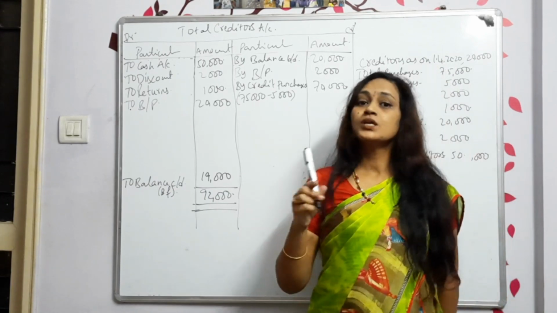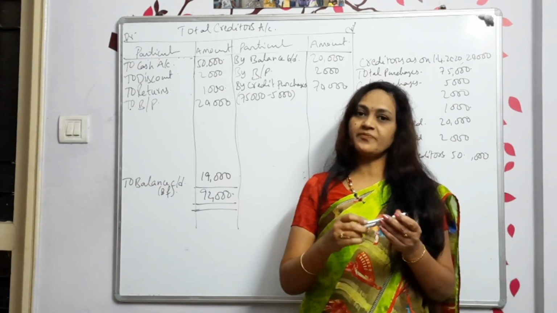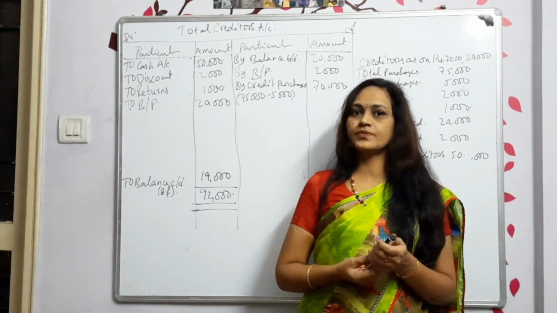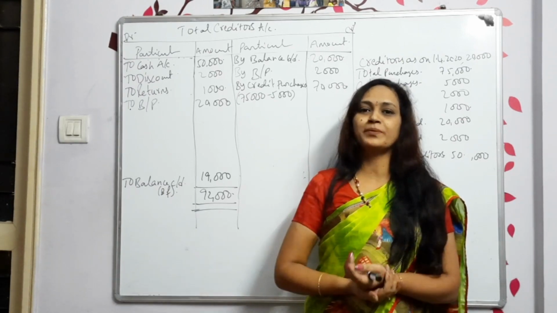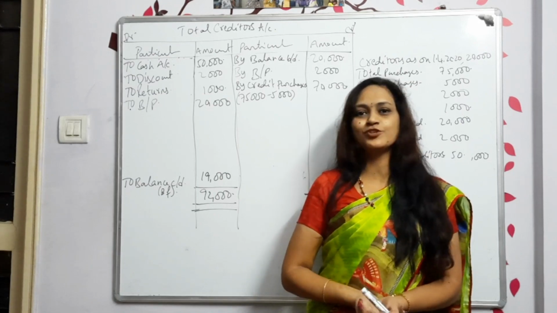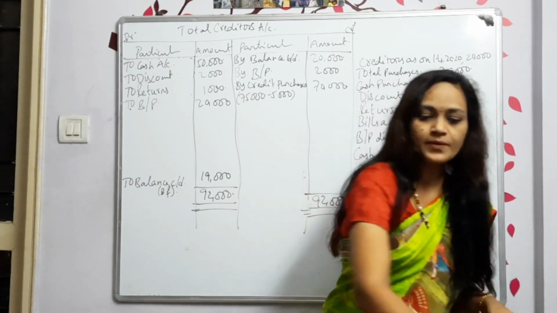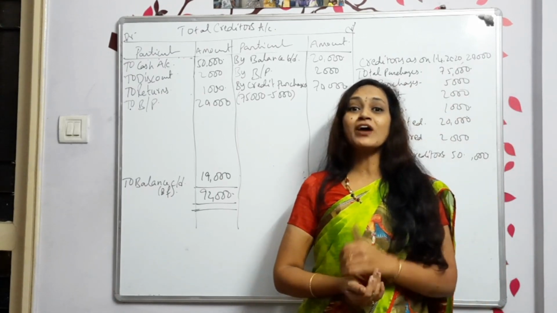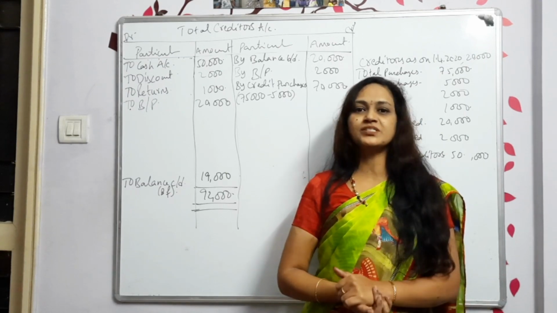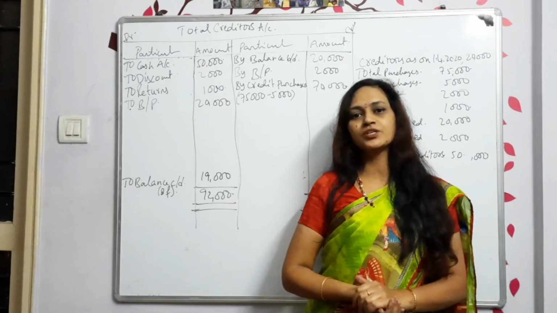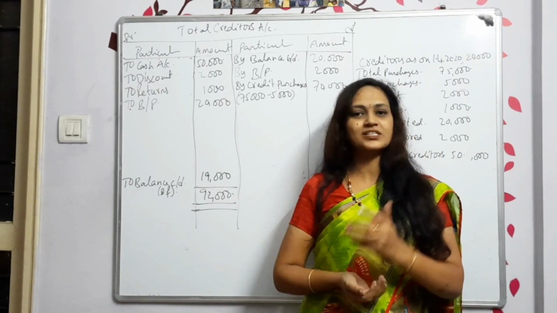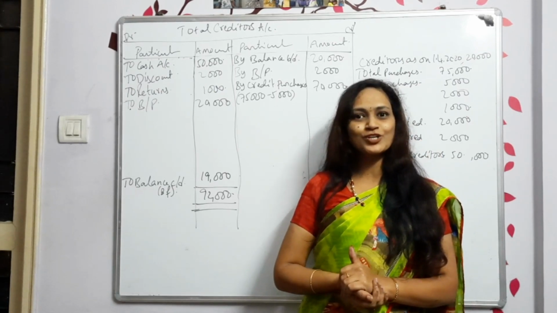Everyone understood this? So next question, we will be starting with the 12-mark questions, which are very important to you. You have so many accounts to prepare. Within 2 to 3 videos, we will finish off this accounting from incomplete records. If you have any doubts, please mention them in the comment section. If you are looking for any new points or new topics, please mention them. We can discuss in the comment section itself. Hope all of you understood, right?